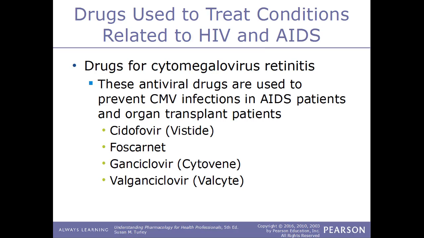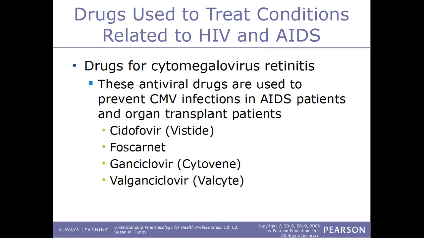The first condition we'll talk about, cytomegalovirus retinitis, or CMV. Now this condition, quite common. Most people are exposed to this at some point in their life, and it's usually not that big a deal. It's usually only a big deal when people contract it when they already have a compromised immune system, like those